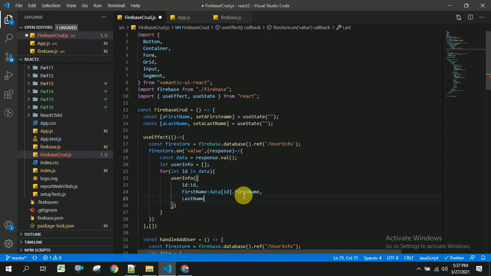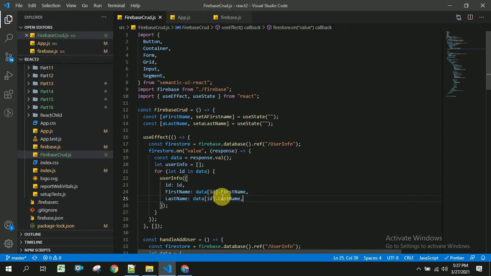And last name colon data of ID dot last name. So let us save this, and after this we will be able to get the data into this user info.